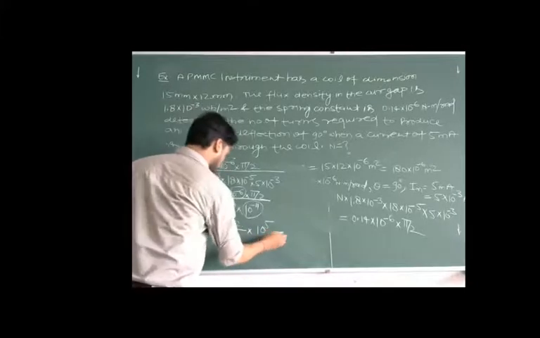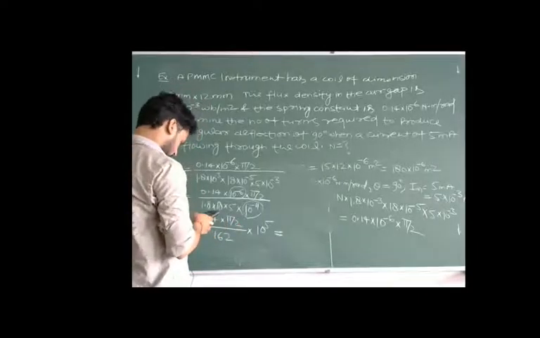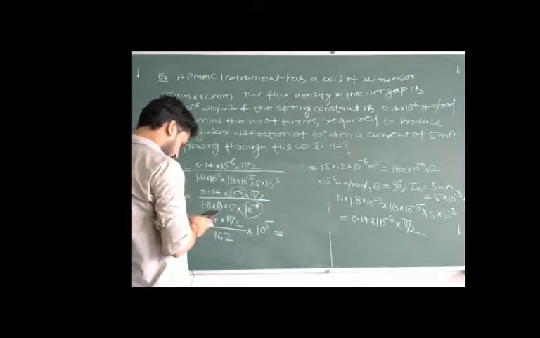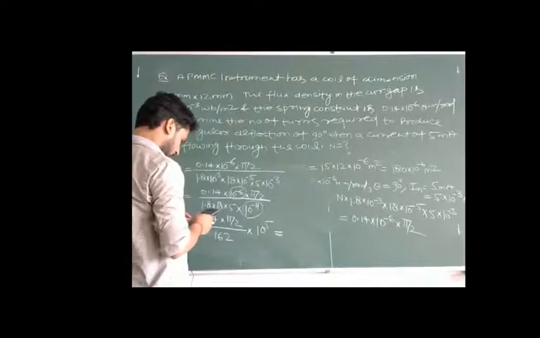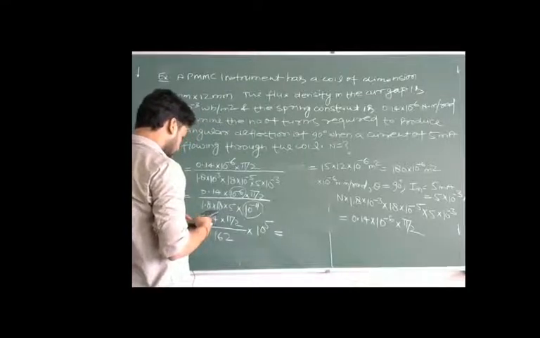This value will become 0.14 into pi by 2, which means 1.57